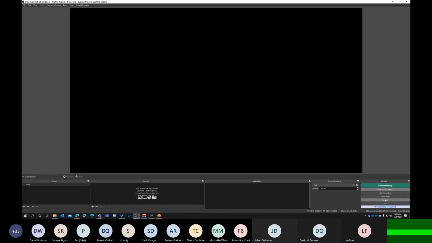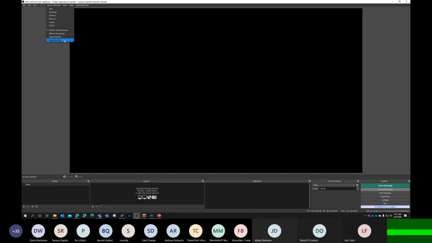Then we have our settings, which I'll go to in a little bit more detail here in a second. Up here at the top, this one's kind of important. So we have this scene collection menu. Down here at the bottom, you can have different scene collections. So this way you can have kind of like a pre-saved